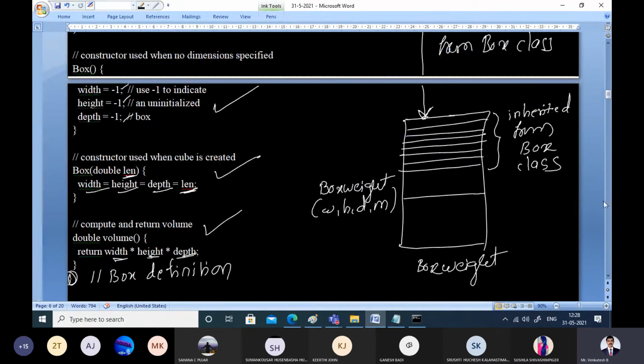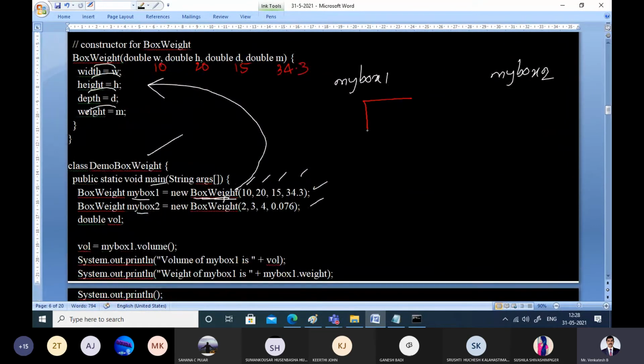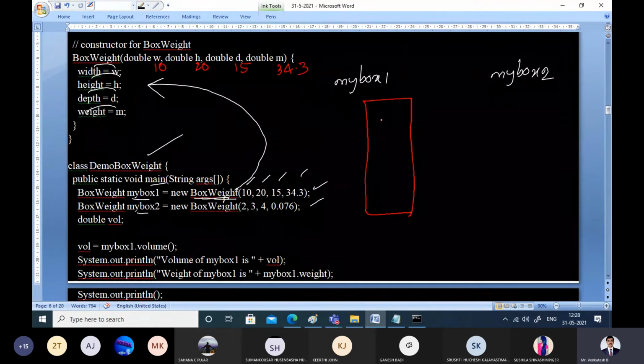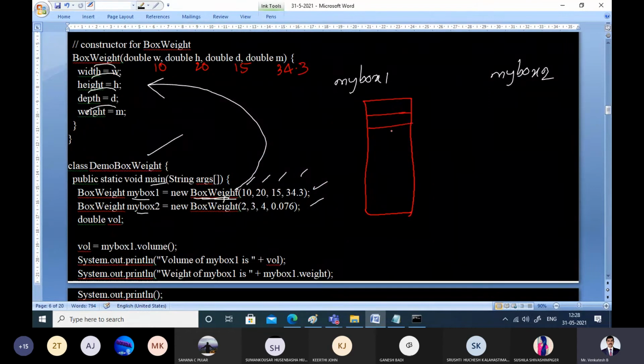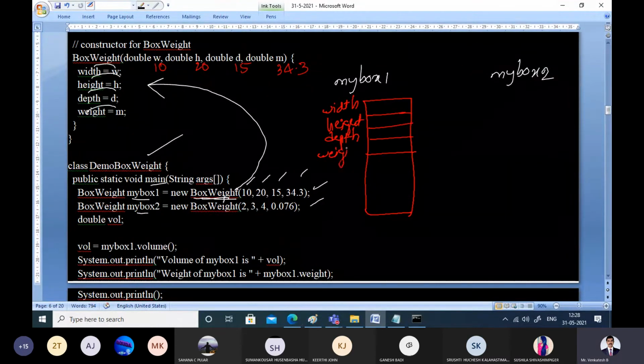So instead of showing everything here, let me show the required members. myBox1 object is being created. Though we can have many other members, let us first show the required ones: width, height, depth and weight, its own member.